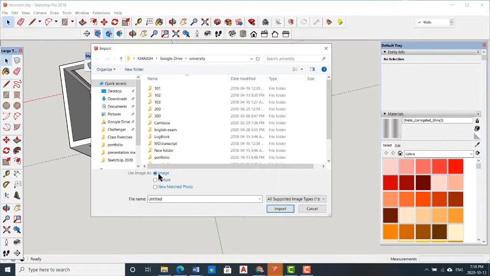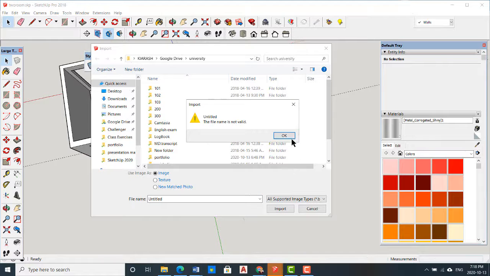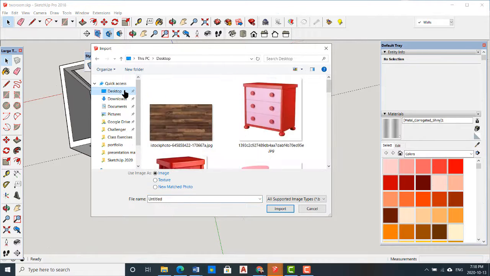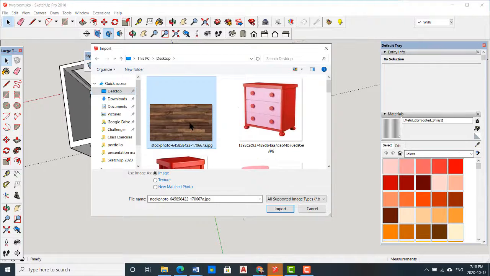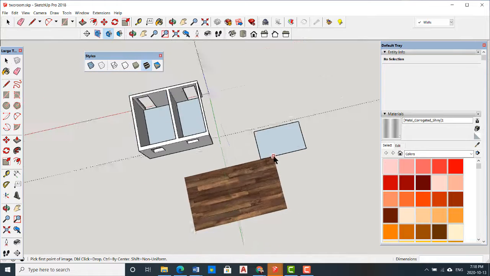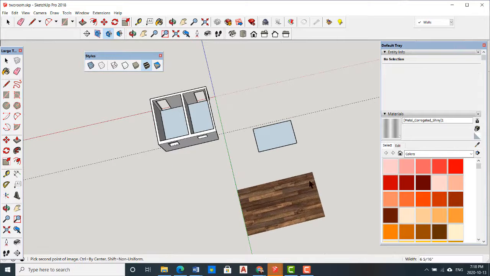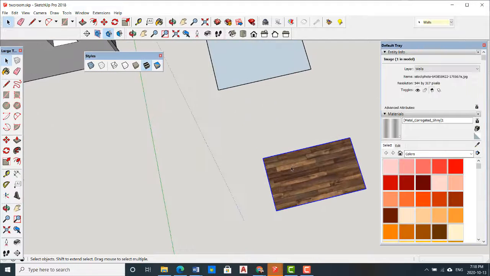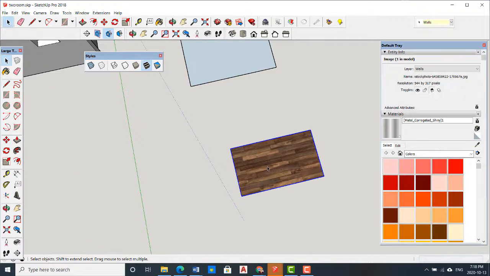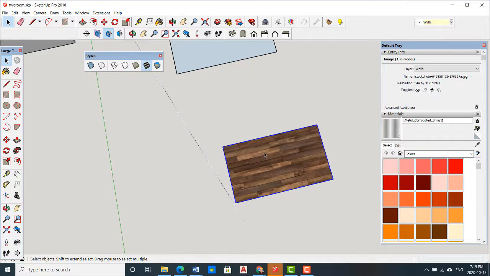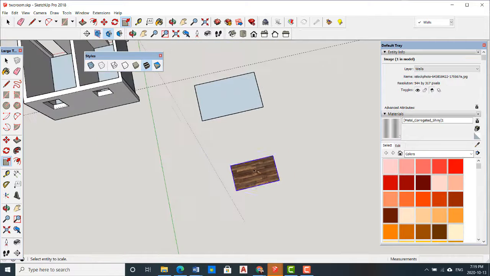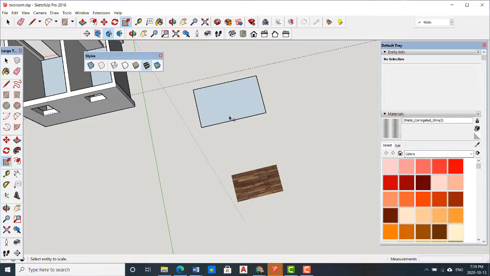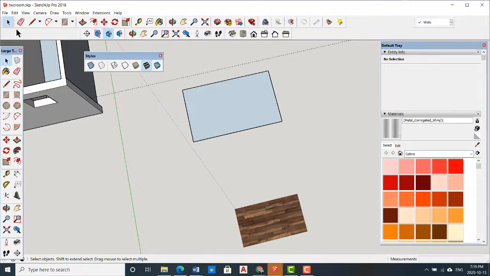The difference is if you select image, you don't need any surface to import that image. For example, if I want to bring this to my drawing, see, I can place it anywhere. I don't have any surface here, but as an image, I can bring it. But if I want to modify it, I have to use SketchUp tools. For example, if I want to change the scale, I have to use the Scale tool. And if I place this image on a surface,